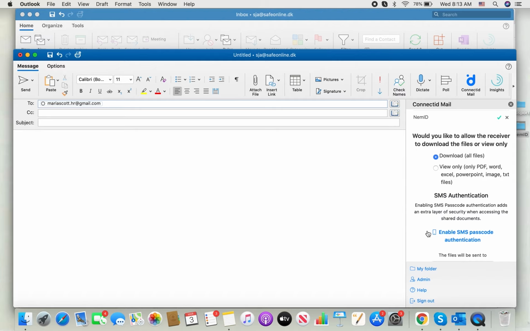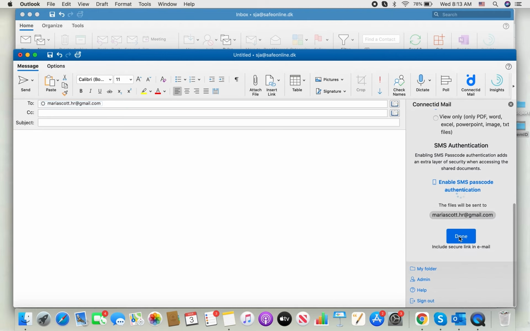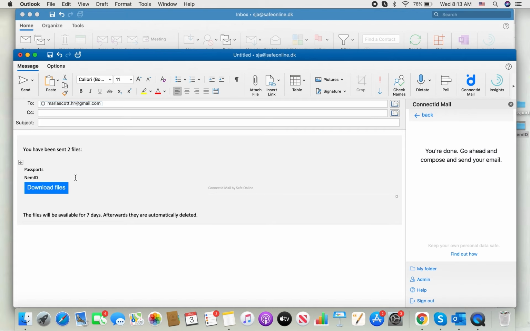Now click Done to add the secure link to your email, and make sure you've already specified a recipient before adding the secure link to the email. Then you can add a subject and a brief message if you wish,